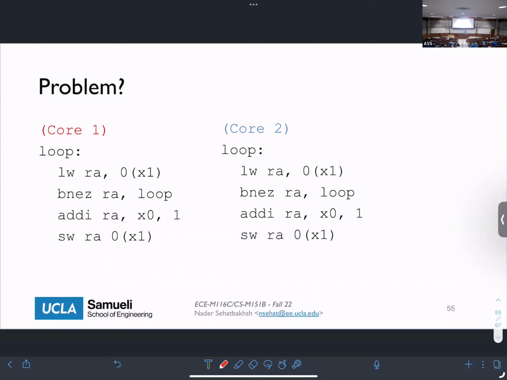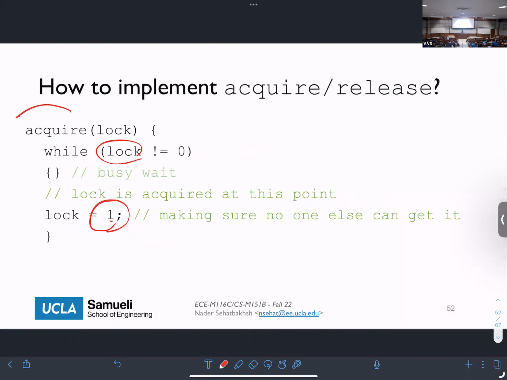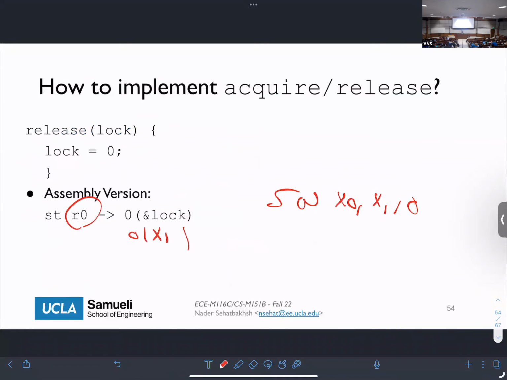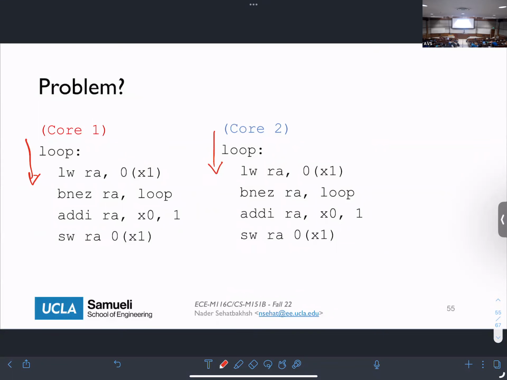Now let's see two cores trying to acquire the lock at the same time. Both of them will have this code here, the acquire code, and we are basically at this point in our example. Both of them are at this point. So let's see what actually happens at the clock cycle level. Can anybody point out what the problem might be? Yes, there will be a race condition between these two.